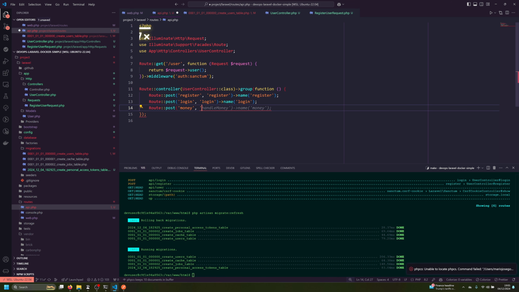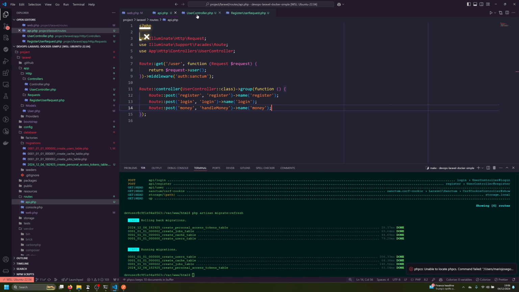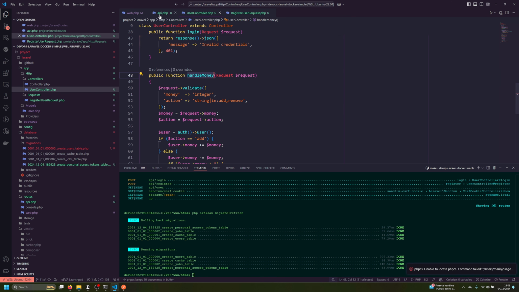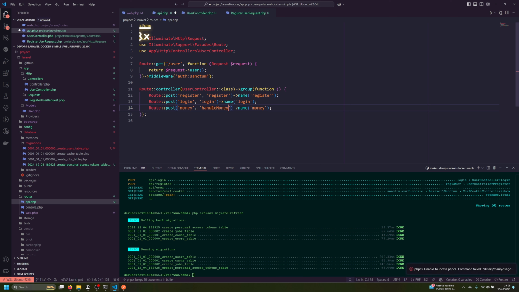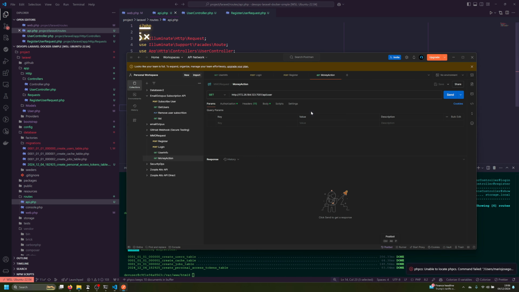And that is going to be handle money. I think that's the method that we call here. Is that right? Yes. Copilot already picked up. Nice. So I'm going to put it here, and this is going to be our money. That's fine. We're going to go back to our